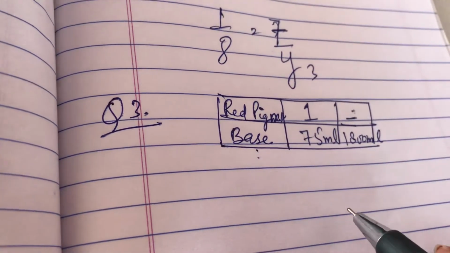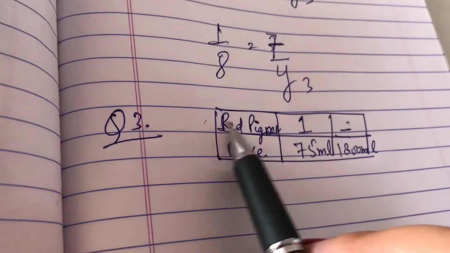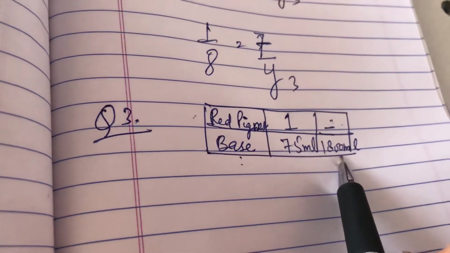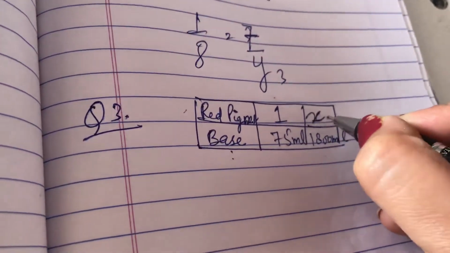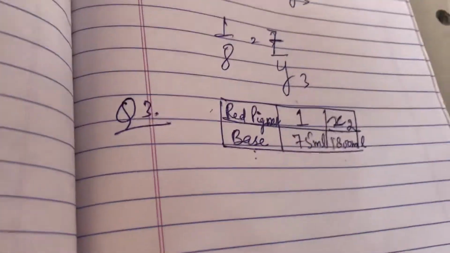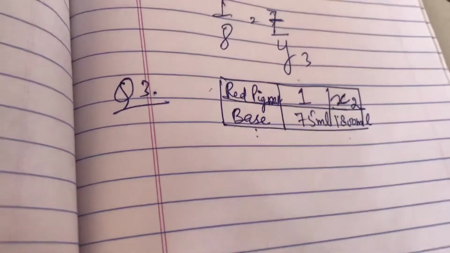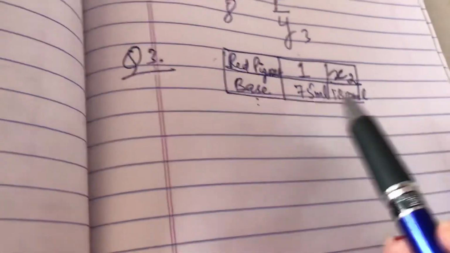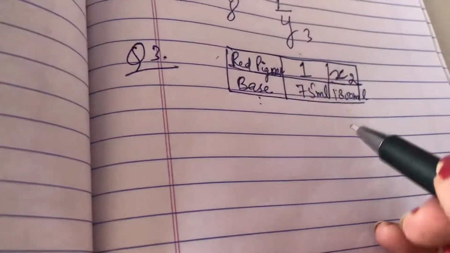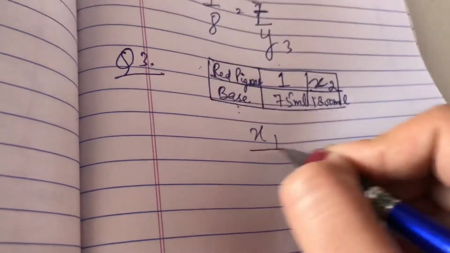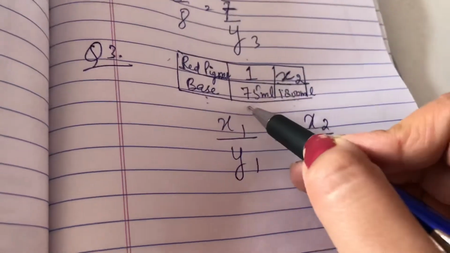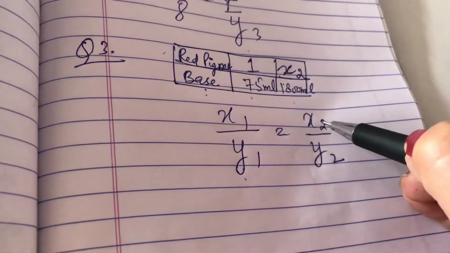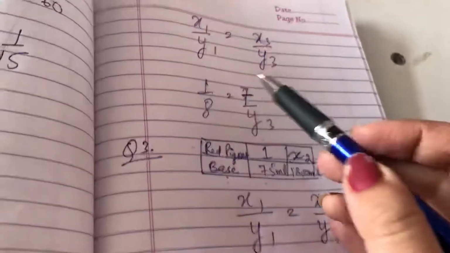And we can write down these quantities as x and y. Take the first one as x, this one is y. y is completely given. x1 is given, x2 is missing. So we can write this one as x2, and this is the missing quantity which we have to find. Now we know that as the red pigment will increase, the base in it will also increase. So it is in direct proportion. In direct proportion, x1 upon y1 is equal to x2 upon y2. x1 and y1 are given, put their values. x2 is missing, y2 is given. Just put the values like this and find the missing value.